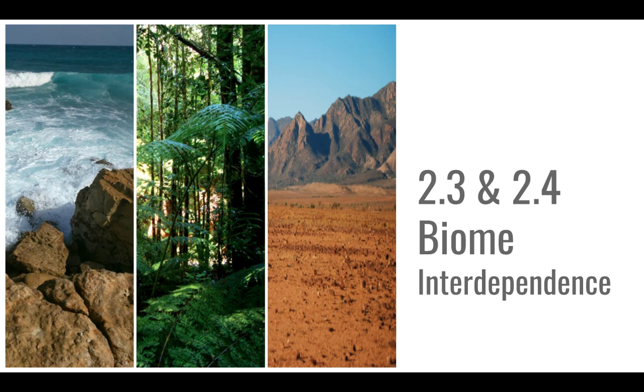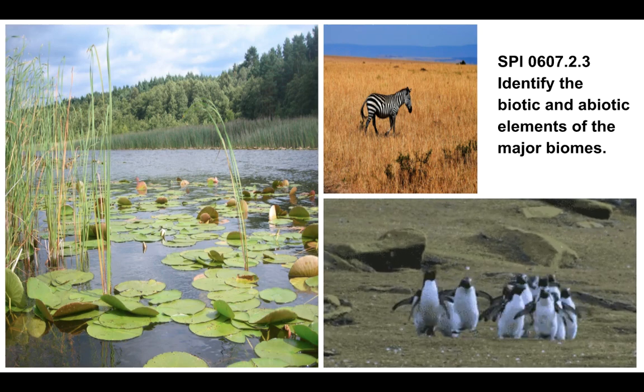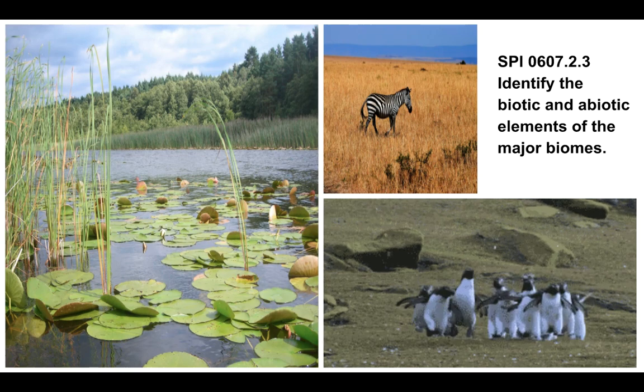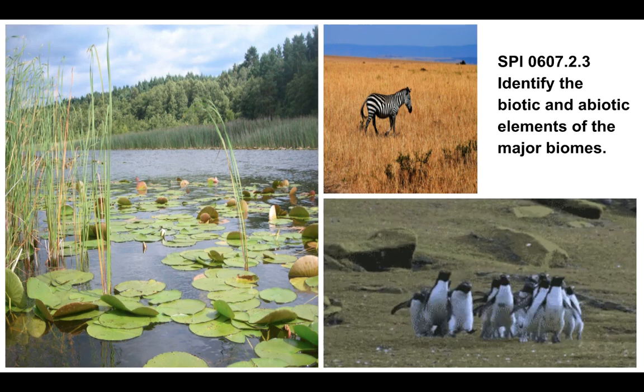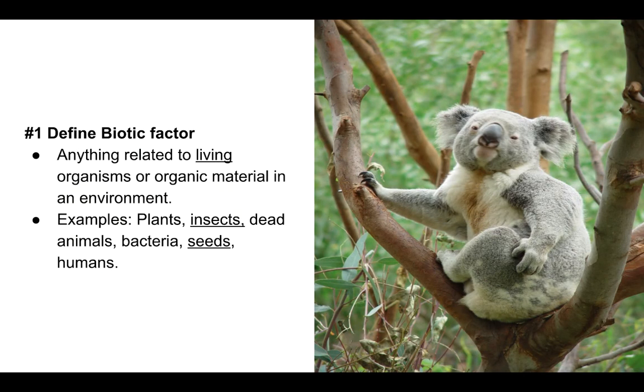All right, we're moving on to success criteria. Number one from 2.3, identify the biotic and abiotic elements of the major biomes. So number one is identify biotic factor. So anything related to living organisms or organic material in an environment is biotic. Organic means living. Anything that is living, that means a plant, animal,